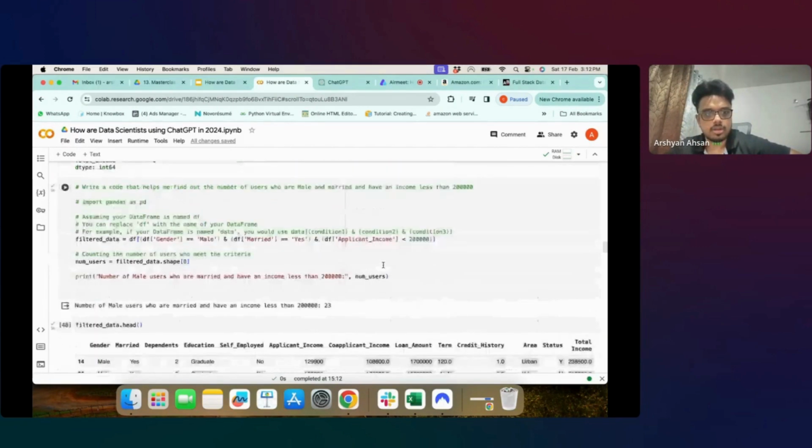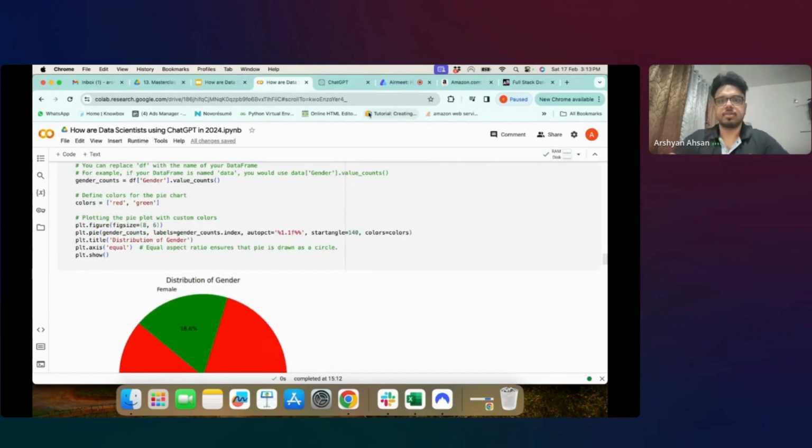इसमें आप बोल रहे हो ना, सिंगल एंड ऑल्सो वर्क्स। ऐसा जरूरी नहीं है कि आपको एंड ऑपरेटर यूज करना है। यह पांडास ऑपरेशन है जो आप कर रहे हो, यह कोई नॉर्मल एंड ऑपरेटर नहीं है। ये पांडास ऑपरेटर है और इसके अंदर सिंटैक्स यही होता है। सो व्हाट यू आर गेटिंग इज राइट यहाँ पे। तो मैं उसको ये बोल रहा हूँ कि जेंडर मेल होना चाहिए, मैरिड यस होना चाहिए और एप्लीकेंट इनकम लेस देन 2 लाख होना चाहिए। दैट इज हाउ यू रीड दिस स्टेटमेंट.